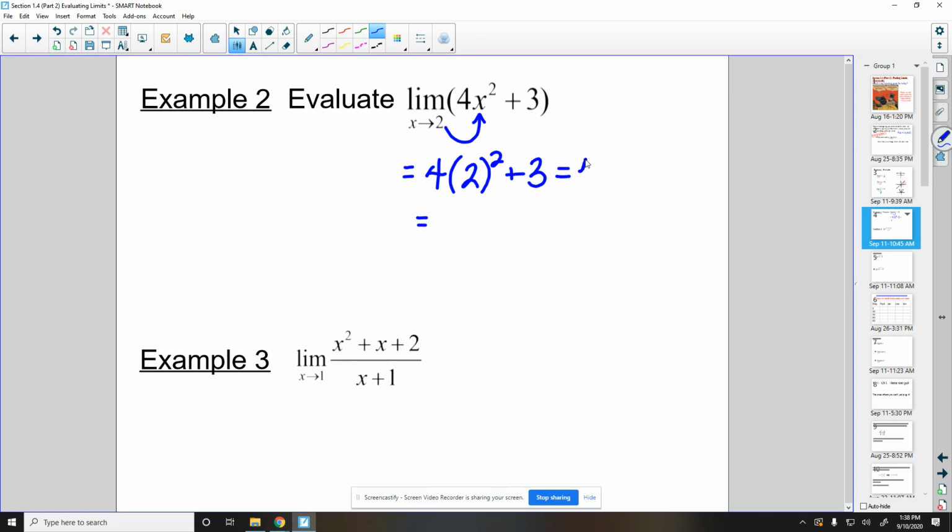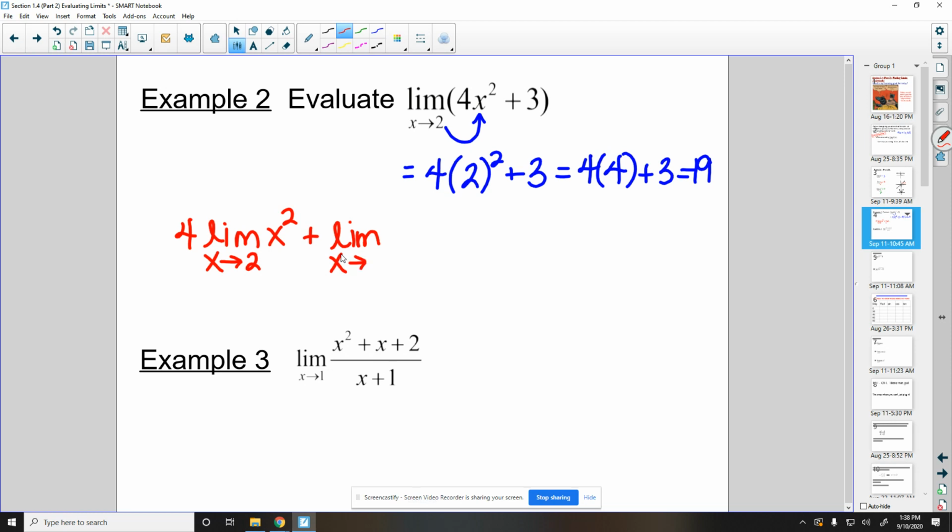And when you do that, you get 4 times 4 plus 3, which gives you an answer of what, 19? All right, let me pause for a moment to explain why that works. You know how I made you study all those limit properties the last couple days? Well, if I applied a limit property here and I moved some things around,